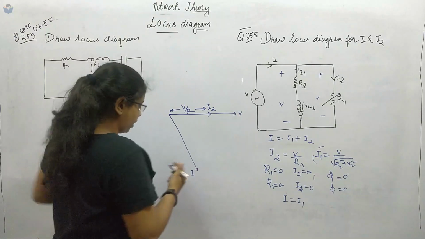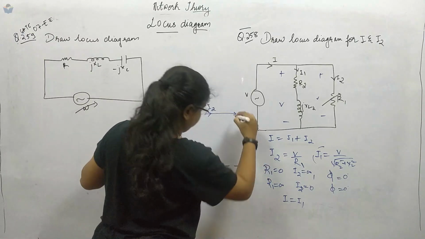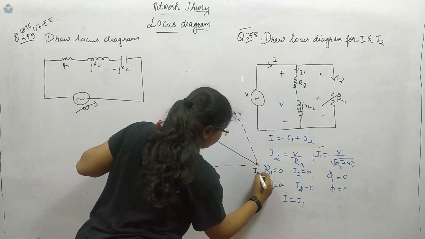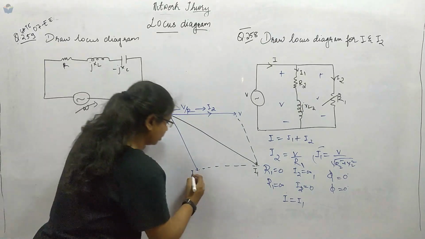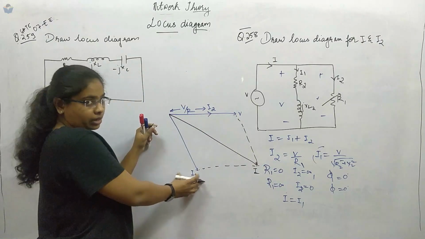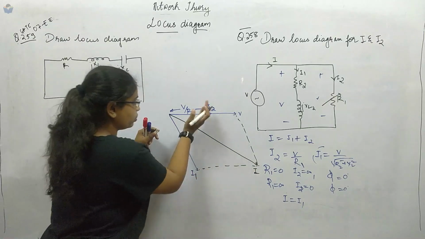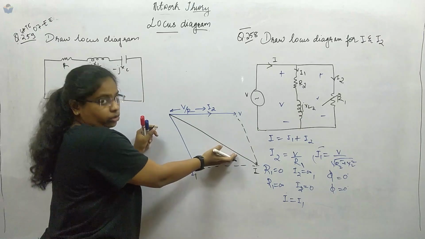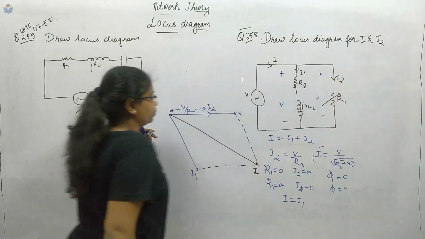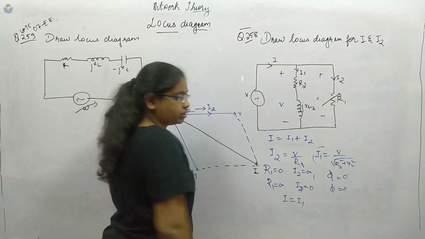Now, when we have I equal to I1, by parallelogram law of addition, okay, if you take this as I1, the summation will be I. Now till now the I is not equal to I1 in this diagram, okay, we have to vary this one, right? So as the current I2 changes, even the total current will also change, right? It's not fixed, but here I1 will be fixed, only the varying quantity will be I2.